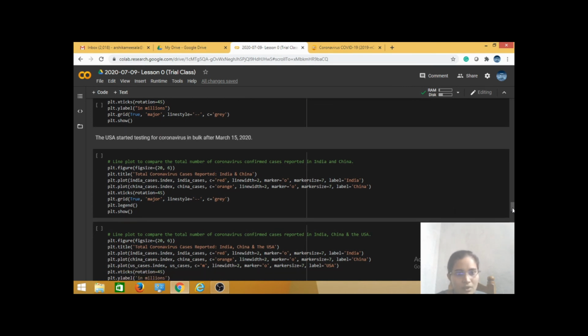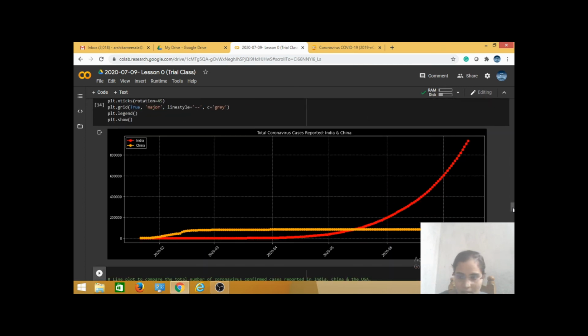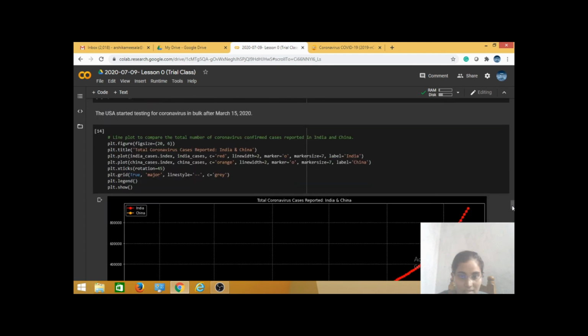And next one is, if we want to see a comparison between two countries, that is also possible. This is between China and India. Here you can see the comparison of the cases reported between India and China. First of all, I set the width and height of the particular graph.